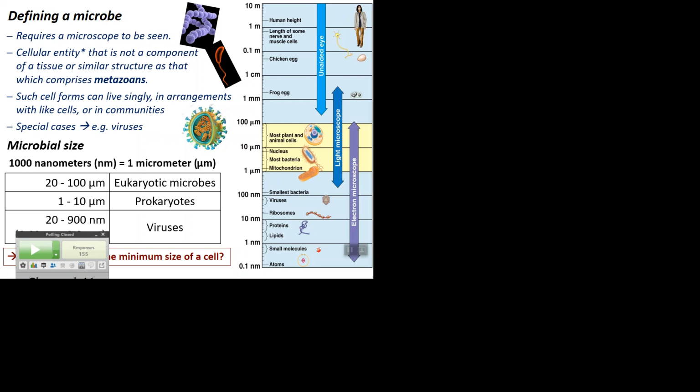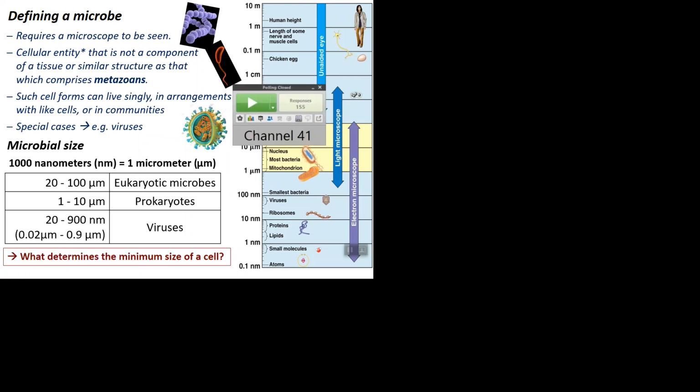Because a virus doesn't do a lot of stuff on its own, right? It needs a host. So that's why viruses can be super tiny, because they don't carry a lot of stuff. They have a chromosome, which is very small compared to other cellular-based life, and proteins inside them, so they can have very small sizes for that reason.